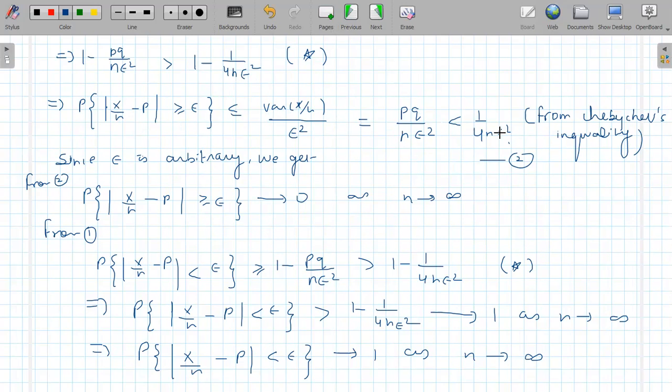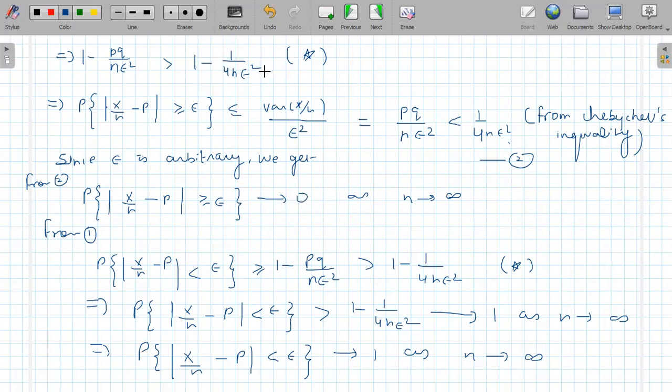अब epsilon is arbitrary, epsilon तो arbitrary है, n और epsilon fixed भी है, n vary कर रहा है, तो जैसे जैसे n बढ़ेगा this whole term will approach zero as n approaches infinity, and this probability is less than this term because this is approaching zero and probability can't be less than zero, so this approaches zero as n approaches infinity.